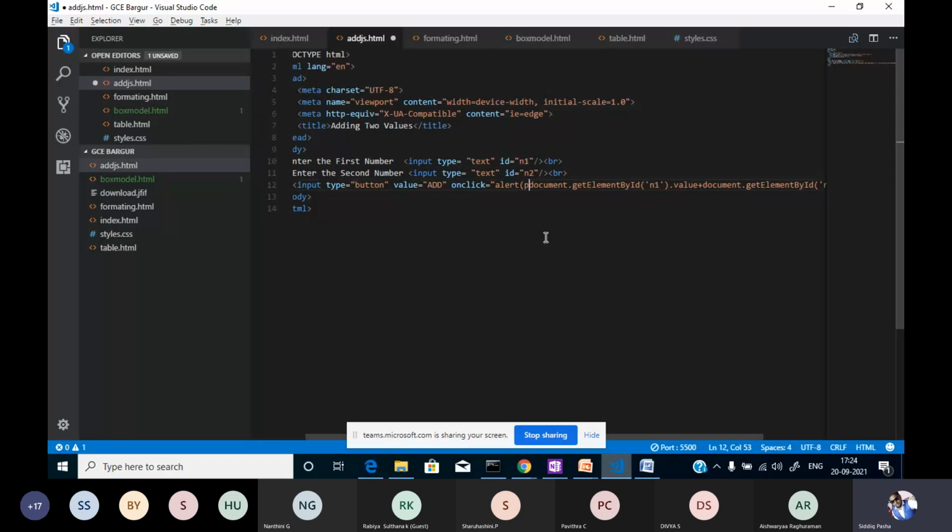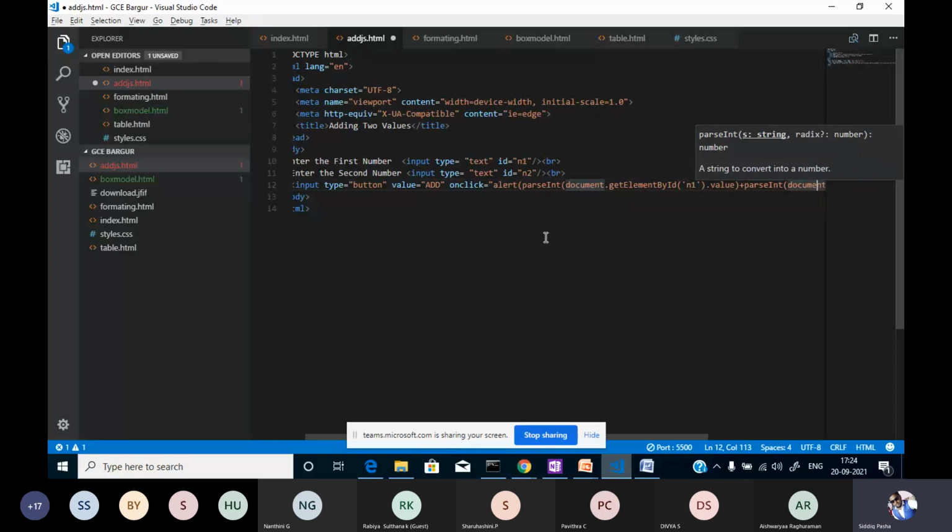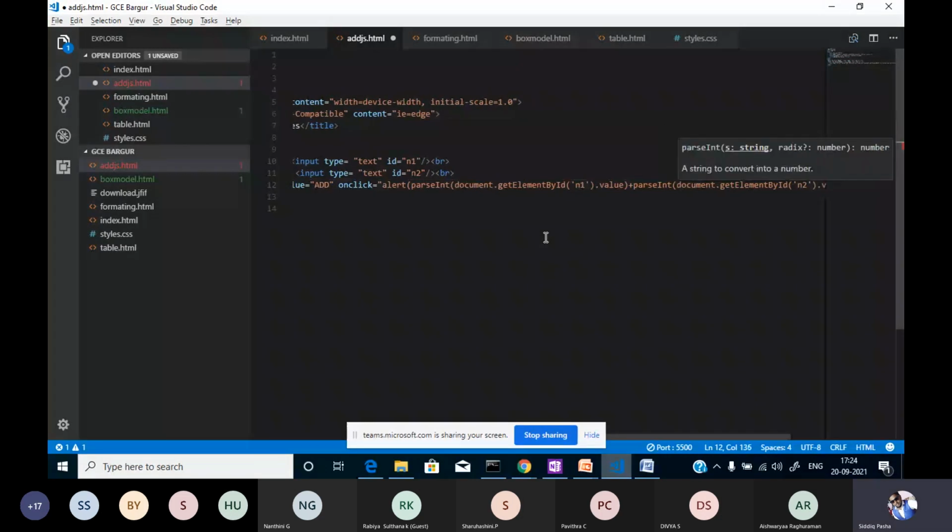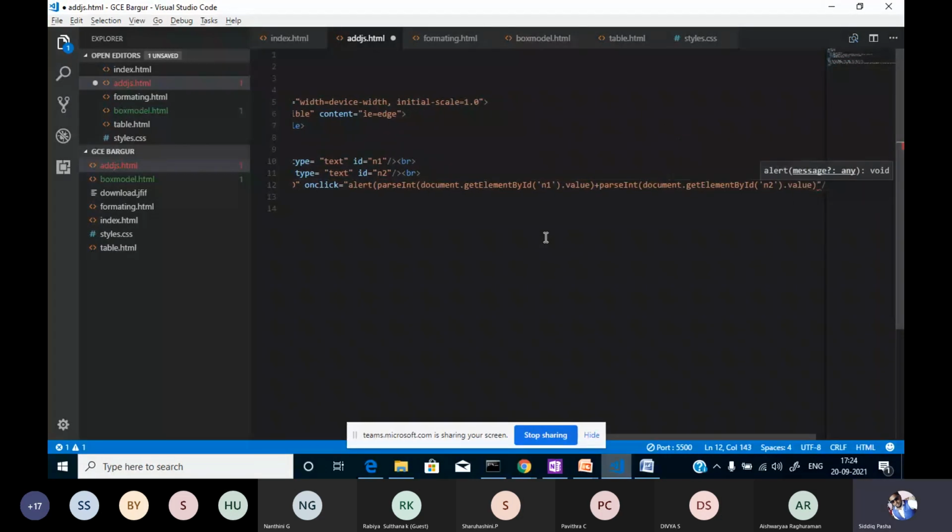We can use simply parseInt as well. So I'm converting the first value to an integer, and later the second value also needs to be converted. ParseInt, and here we need to close the parenthesis. Here we have closed. Fine.